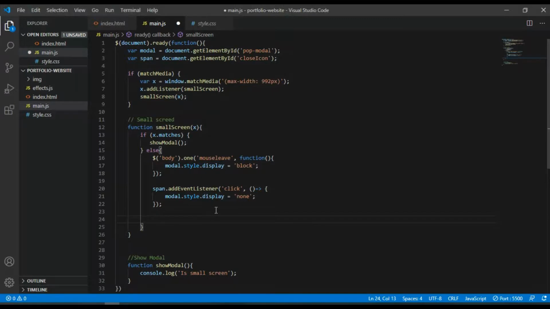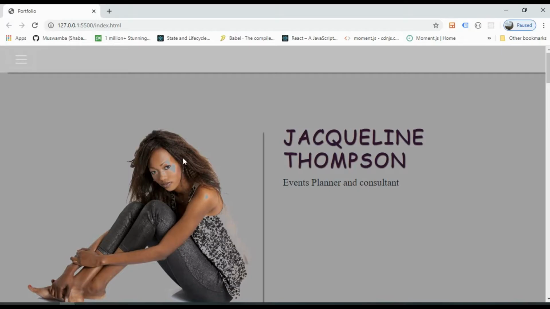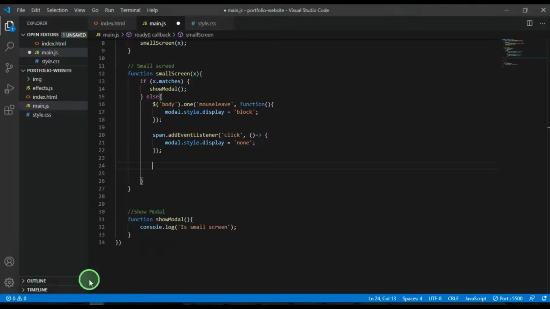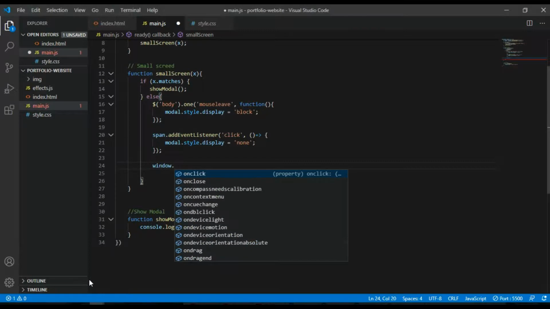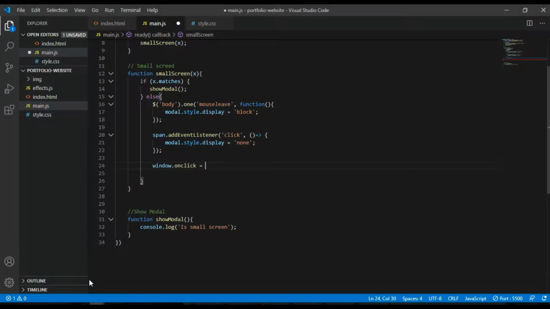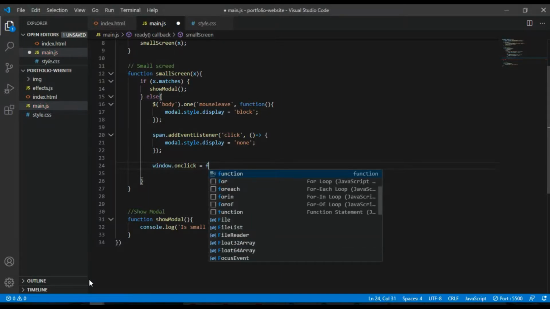Another thing I want to do is, when the user clicks anywhere in the window, I also want to close the modal. Let me just show you an example. So I can do window.onclick equal to function.